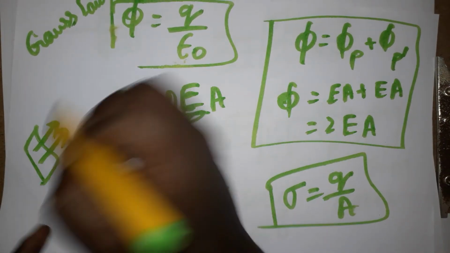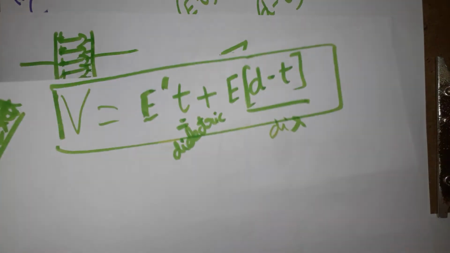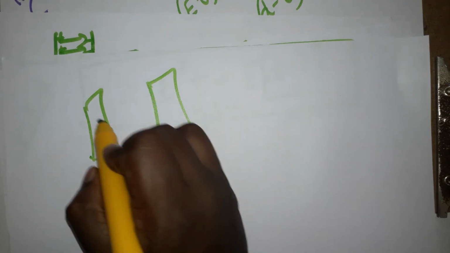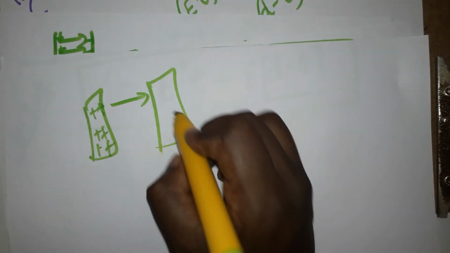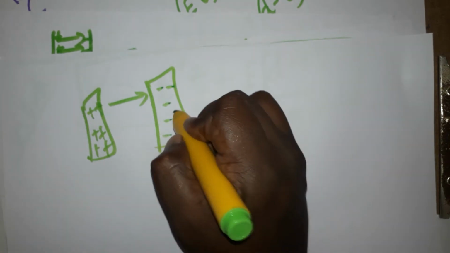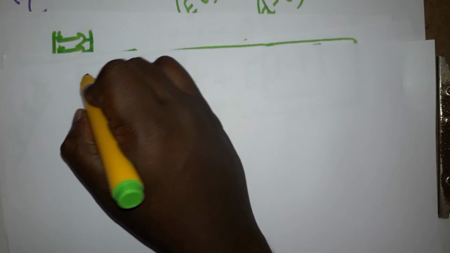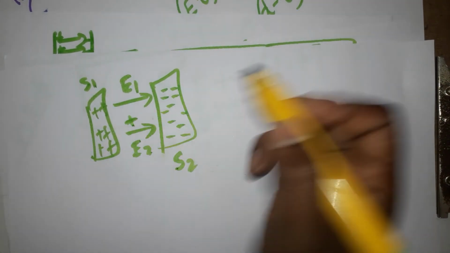Now we have a plate, and actually two parallel plates. I am going to find the electric field between the two parallel plates, at the center. For the plus plate, the electric field will be outwards. For the minus plate, the electric field will be towards it. So it is E1 from sheet 1 and E2 from sheet 2. Adding E1 and E2 gives the net electric field present at the center.